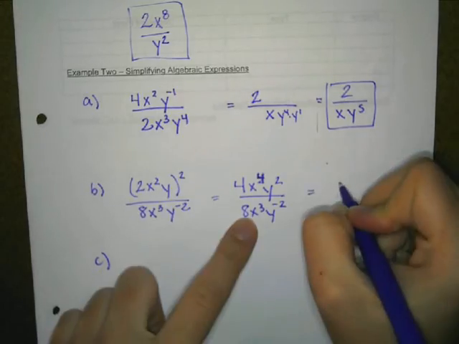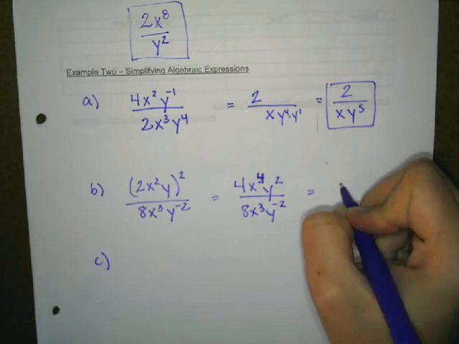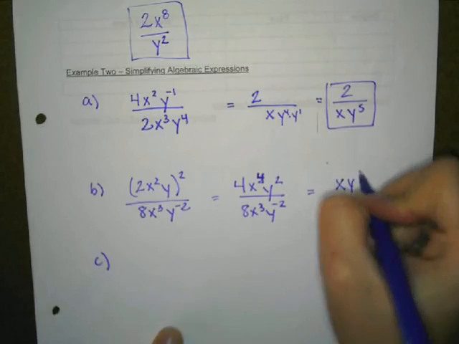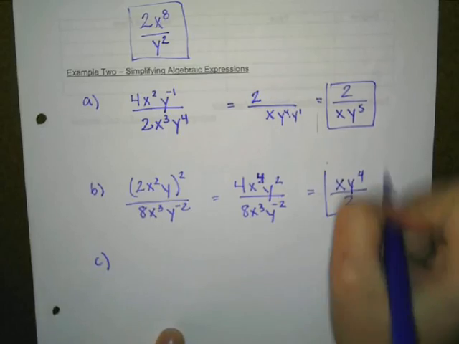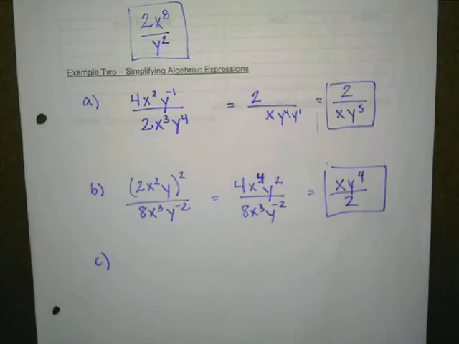Okay. What did I say? x y to the 4th, all over 2. Okay. Now there's a spot for C there, but we're gonna use that as a reminder problem next Monday. So go ahead and grab a whiteboard and marker rack. I'm gonna have you just practice a couple of these before we move on to the next